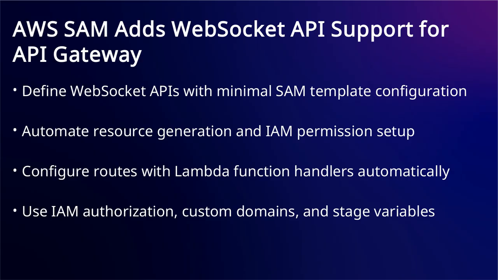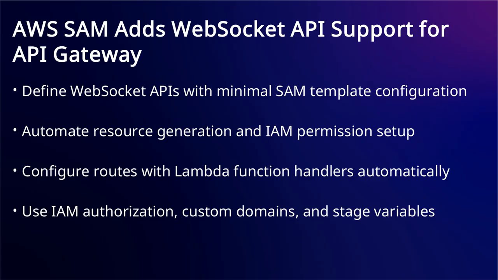The implementation provides feature parity with API Gateway WebSocket APIs, including IAM and Lambda authorization, custom domains, route settings, models, and stage variables. Global support lets you share common configuration across multiple WebSocket APIs, streamlining development and reducing manual CloudFormation